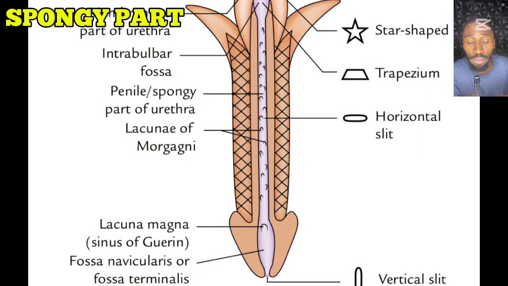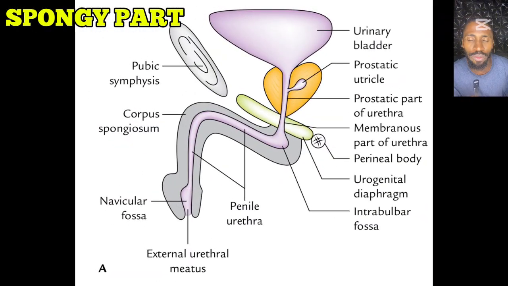You have the interbulbar fossa, which is 3 centimeters in diameter, and the navicular fossa, which is 1.25 centimeters in diameter. So now we have talked about all the parts. We have talked about the pre-prostatic part, which is above the seminal colliculus. We have talked about the prostatic part, which is below the seminal colliculus, down to the